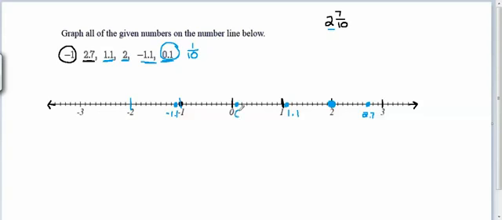To check your answer here, make sure you didn't miss anything, count up the number of points you've graphed. We've got 1, 2, 3, 4, 5, 6 points graphed, and there are 1, 2, 3, 4, 5,